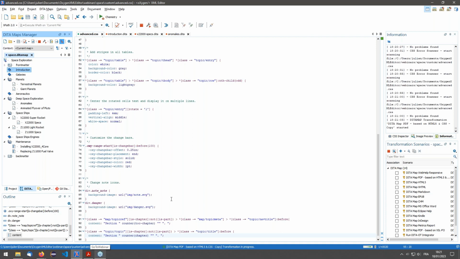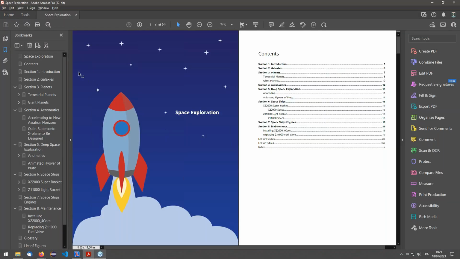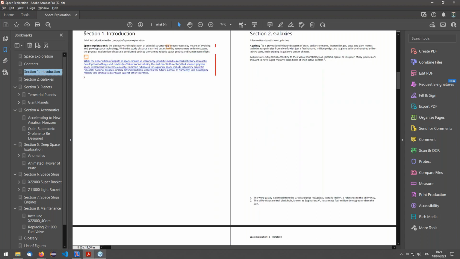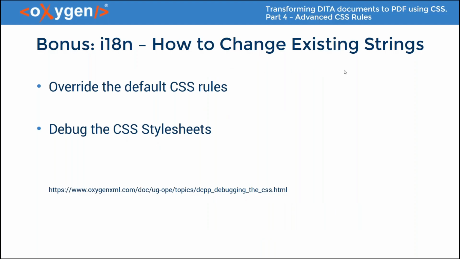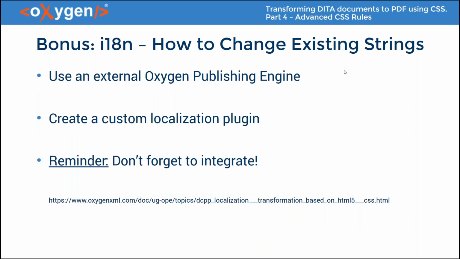And we should see the correct sections displayed in the output. And that's it. So as you can see here, the word has been changed. Same for the bookmarks and same for the content. And now, if we continue the bonus part, for some other strings, we will need to do a little more